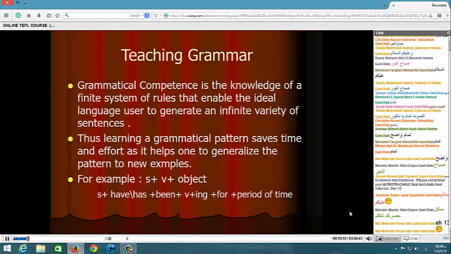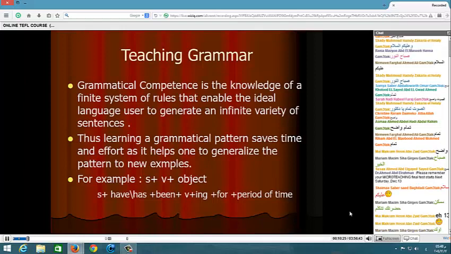كنا اتكلمنا عن teaching vocabulary المرة اللي فاتت. قلنا teaching vocabulary is very important especially for Egyptian students. قلنا الأسباب إيه؟ الأسباب الأساسية زي ما قلنا